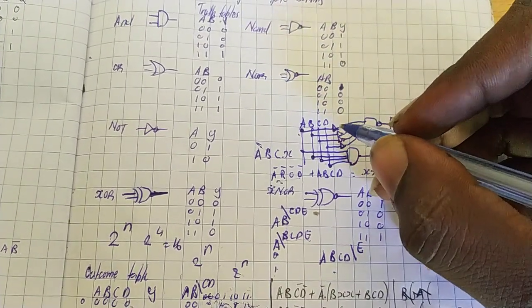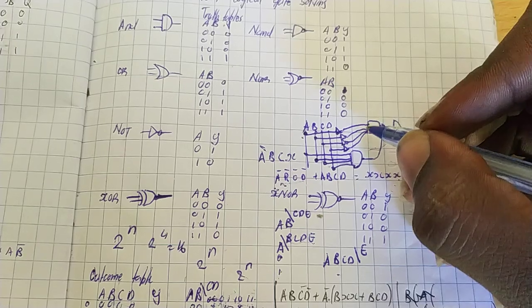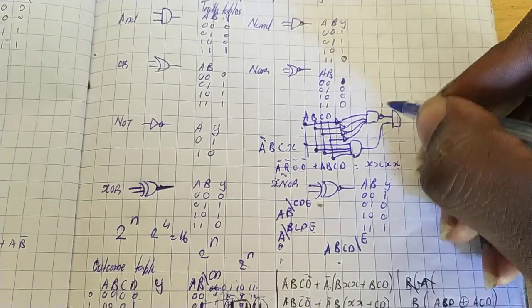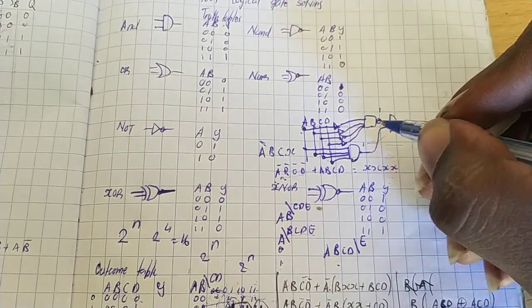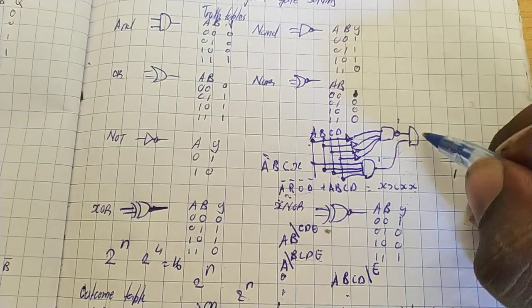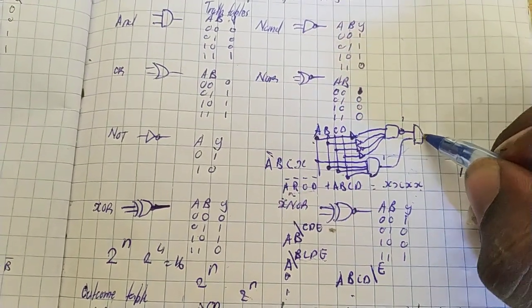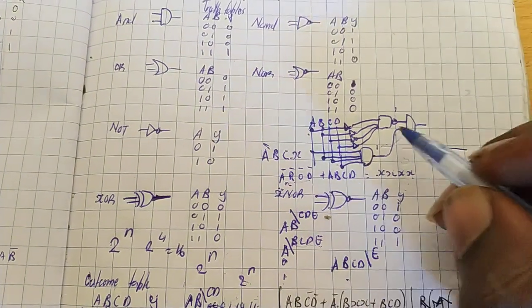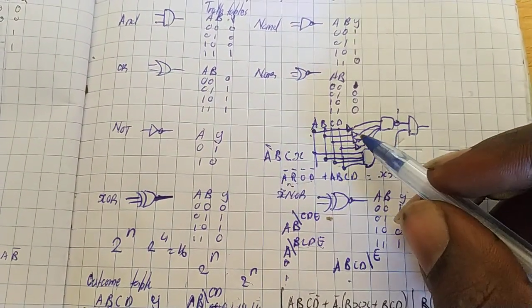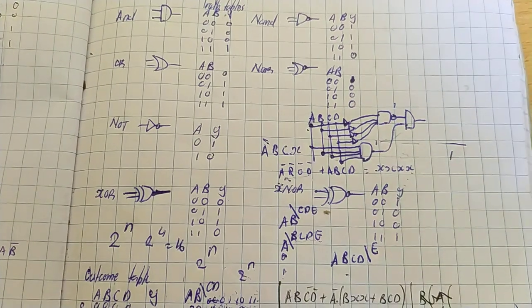For you to get lows, this will be lows. So 0 0 0, you note it here. It needs to be an AND, and then this is a 1 1, and then another AND 1 1. You get your output. If you put an OR, or if you put don't cares